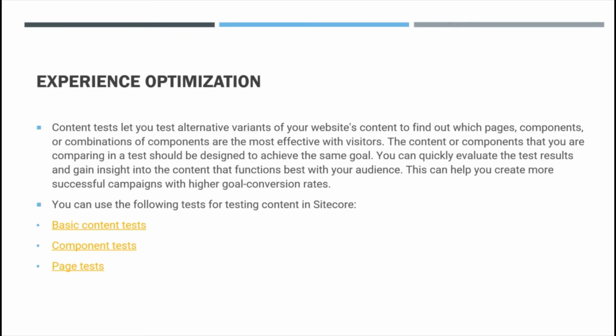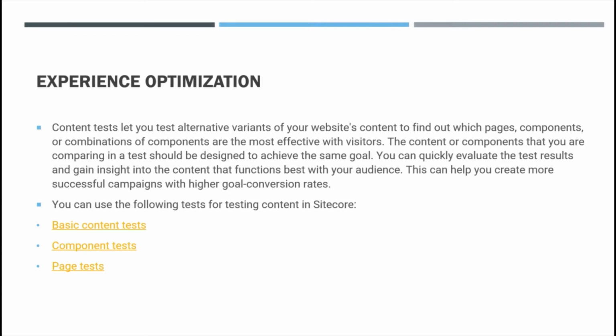If you tag a goal based on a button click or register goal, or tag a goal while loading the page, you can easily get the analytical data showing which version of the page is most liked by the visitors, so that you can decide which page will be the winner.